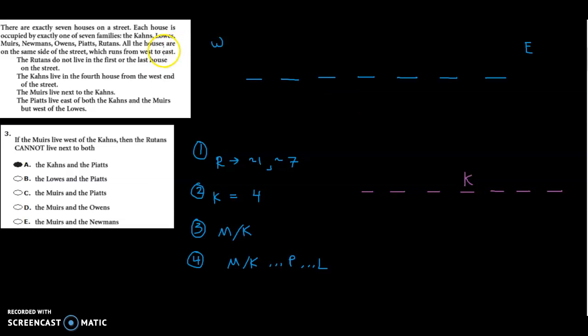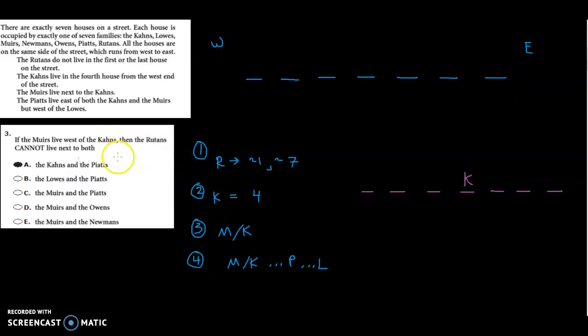Okay, real briefly in this video, we're going to look at a sample problem involving a strict sequencing game. You can pause the video, but what I did was I set out the sketch and I wrote down the rules here for this particular game. We have 7 houses that need to be arranged on the street from west to east, and here were the